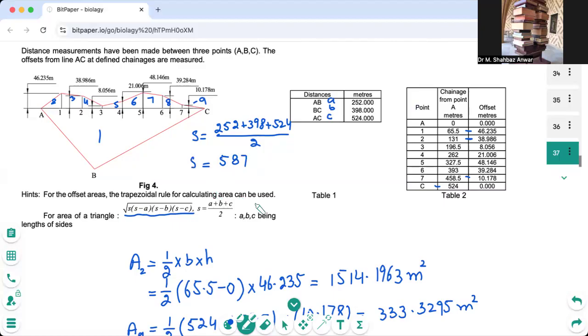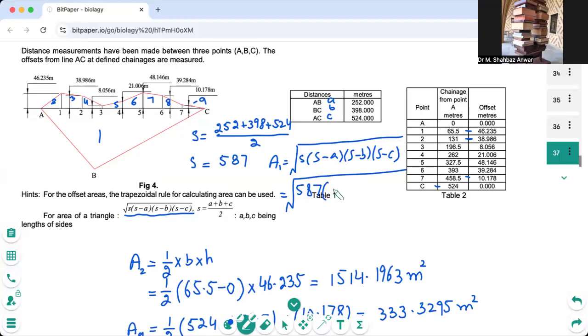Now it is very easy for us to calculate the area. I will call it area number 1. When you are solving this question, you can go in a sequence with the flow of all these areas. So area 1 will be the square root of S into S minus A times S minus B into S minus C, and that is going to be the square root of 587